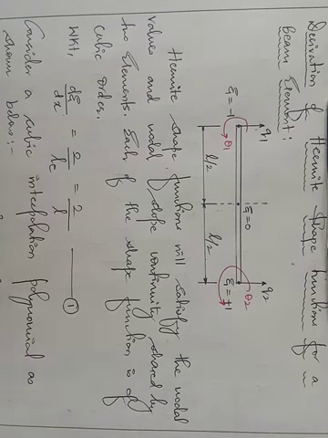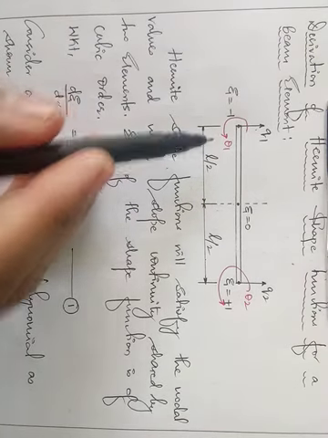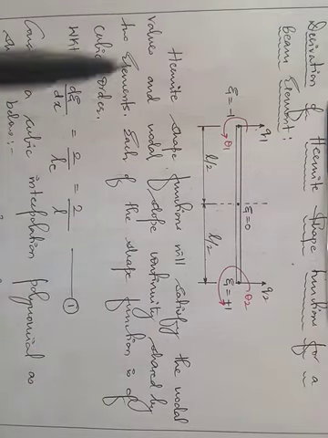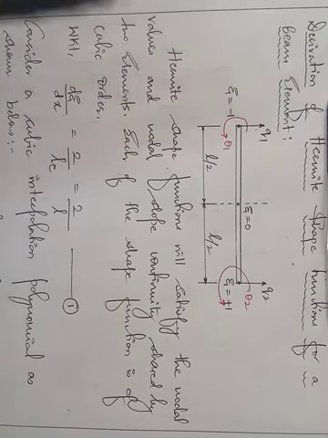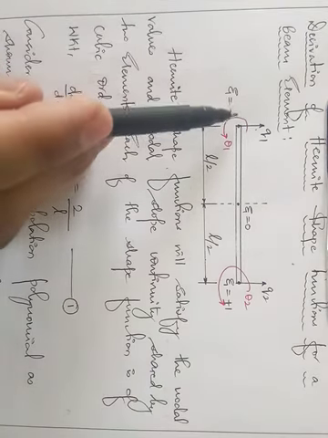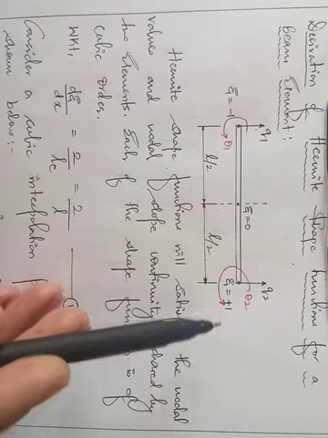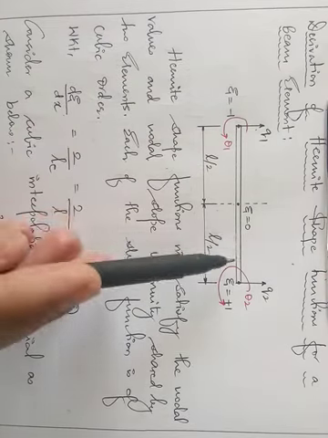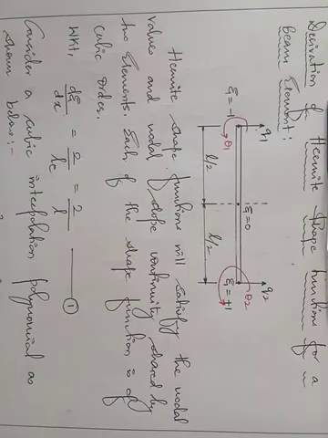Simultaneously, these extreme nodes are also subjected to rotation. So those rotations I have taken as theta 1 and theta 2. Right. So now Hermite shape functions will satisfy the nodal values, that is the boundary conditions, and nodal slope continuity shared by two elements. I have taken two elements, so the Hermite shape functions I am going to derive will satisfy these nodal values as well as the slopes.